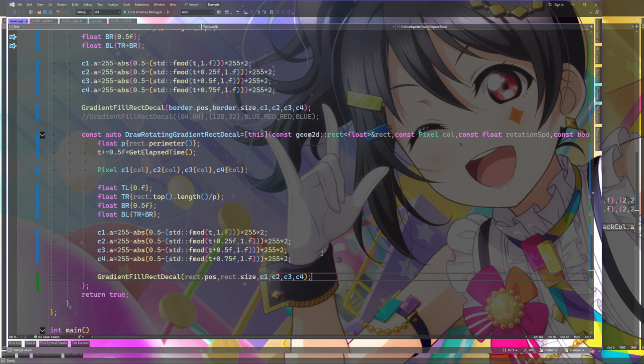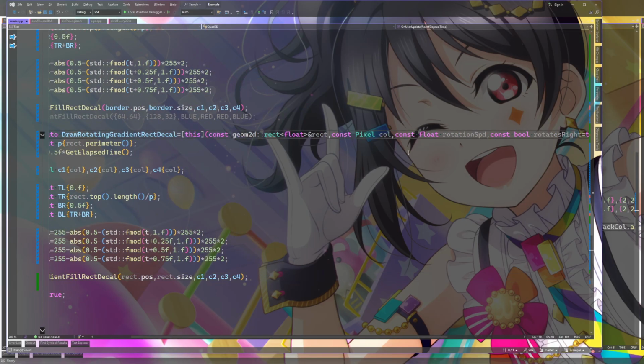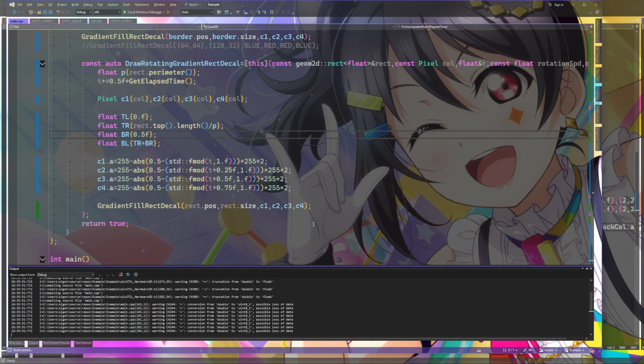And the rest is taken care of, minus the t value. So this is interesting. The t value itself needs to be stored somewhere. I'm just going to call it t. Make a reference. It's going to be increased. Modifiable L value, yes. That should more or less do the same thing.